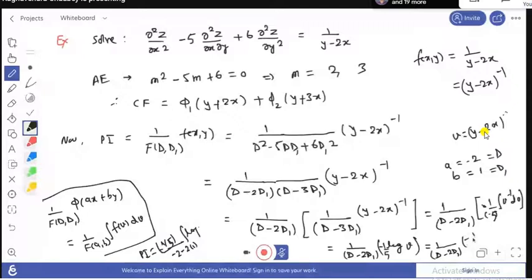स्क्रीन थोड़ी छोटी है इसलिए थोड़ा मुश्किल हो रही है। -1/5 log of v मीन्स क्या है, this is y minus 2x। ओके, तो इसे हमने क्या किया, -1/5 को हमने बाहर लिख लिया, और फिर हमने क्या किया, a की वैल्यू -2 पुट कर ली और D1 की वैल्यू 1 पुट कर ली, ये हो गया, और integral of log of y minus 2x। ओके, तो this is basically v है, तो log of v dv। So this is log of that thing। Okay, तो इसको हम लिख लें log of v dv।